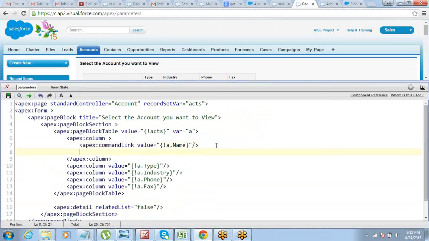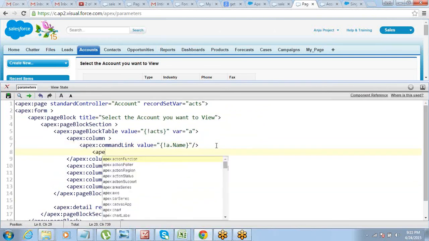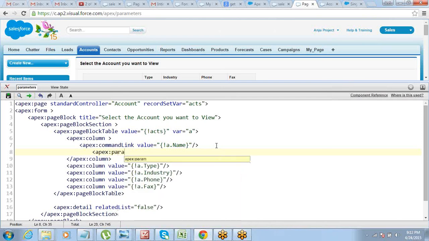One more thing that I'll need to use here is another component which is called apex param. Apex param is a component which is used for getting the value. I told you, right? The ID needs to be supplied from here to there.